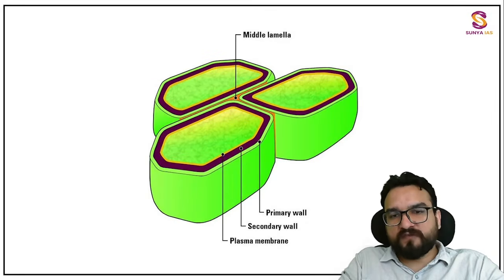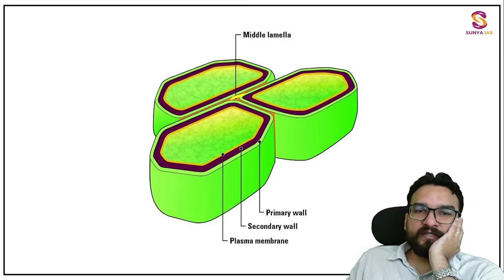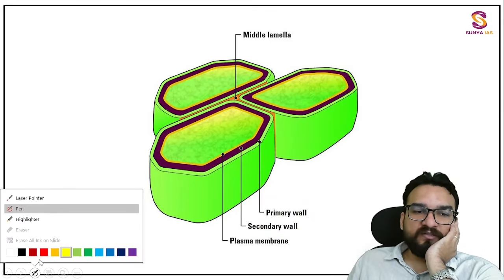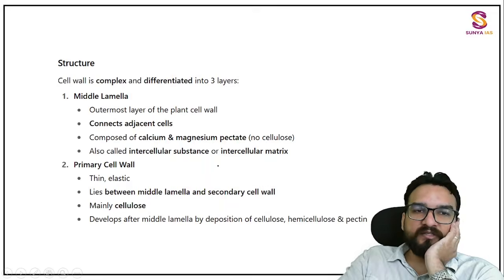Can you see this? Observe this, guys. Over here you must have seen the middle lamella. Then the primary cell wall over here. They are showing it in a wrong way. Over here the primary cell wall is the outer one, then the secondary cell wall is the inner one. Okay, so like this. Achha, they have shown it in the right way. Look, over here primary cell wall and secondary cell wall. Then the plasma membrane, right now we are not focusing upon, we will be discussing it later on, don't worry. This is one diagram which you can make, but this is a 3D type of diagram. You don't have to make a 3D type of diagram.